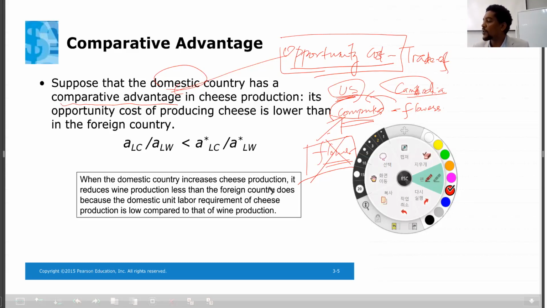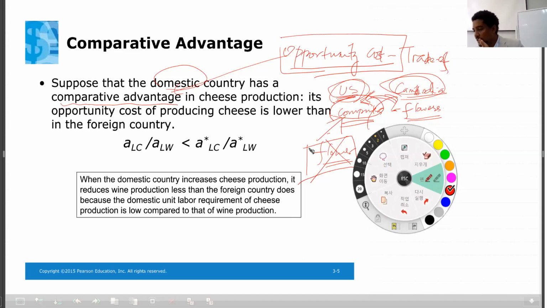So even though Cambodia's economy is far from the US economy, they can still produce flowers, sell them to the US, and with the money from selling the flowers, they can buy computers for their country, okay? It's not feasible for Cambodia to produce computers because the opportunity cost of producing computers is very high, okay? So they just focus on producing flowers and sell these flowers to the US and buy computers instead from the US. Okay, that is it.